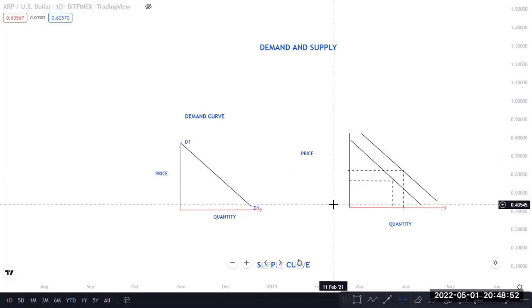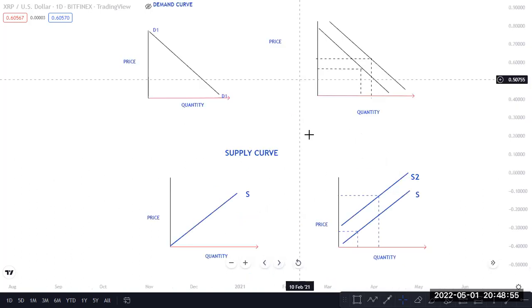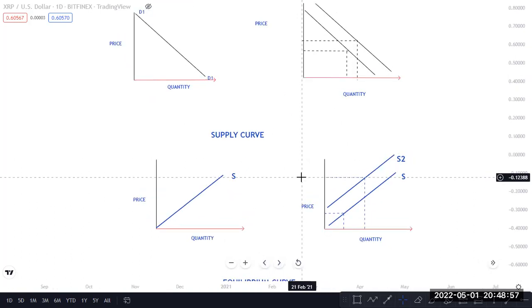Let me just jump straight into the supply curve. Remember we say demand is for buyers. Then supply is for sellers or the producers of the product. So every time a product gets expensive, that means when you sell it, you can sell it expensive. So whenever any goods get expensive, it attracts more suppliers or more producers.